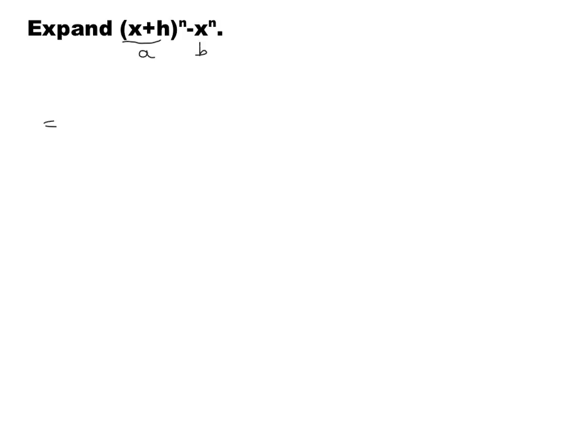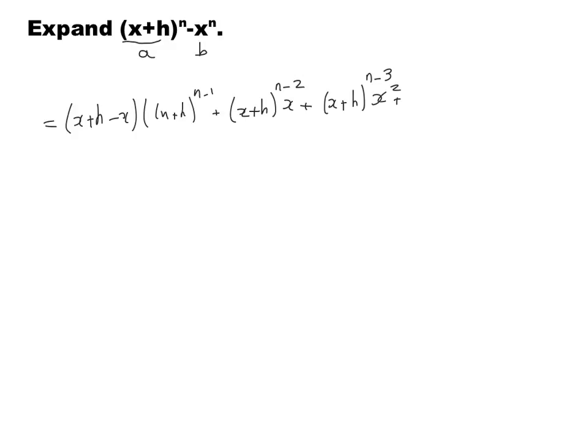So this becomes a plus b, which is x plus h minus x, times a exponent n minus 1, which is x plus h exponent n minus 1, plus again a plus b, which is x plus h exponent n minus 2 times b, which is x, plus x plus h, which is a exponent n minus 3 and b exponent 2, which is x exponent 2, plus another term x plus h exponent n minus 4 and b exponent 3, which is x exponent 3, plus dot dot dot